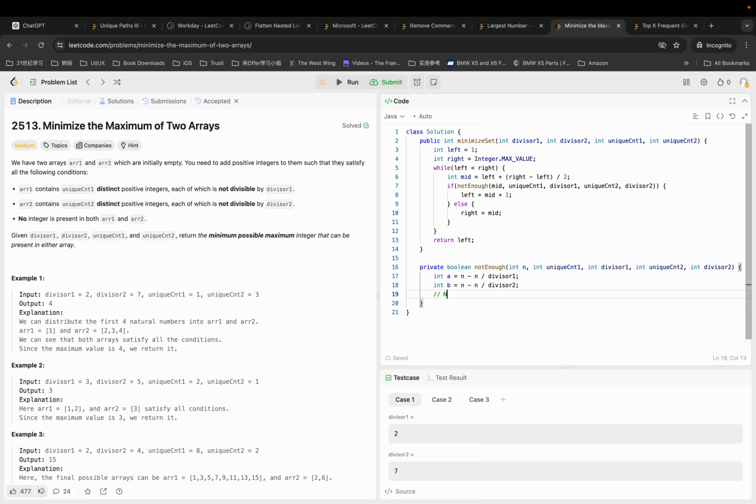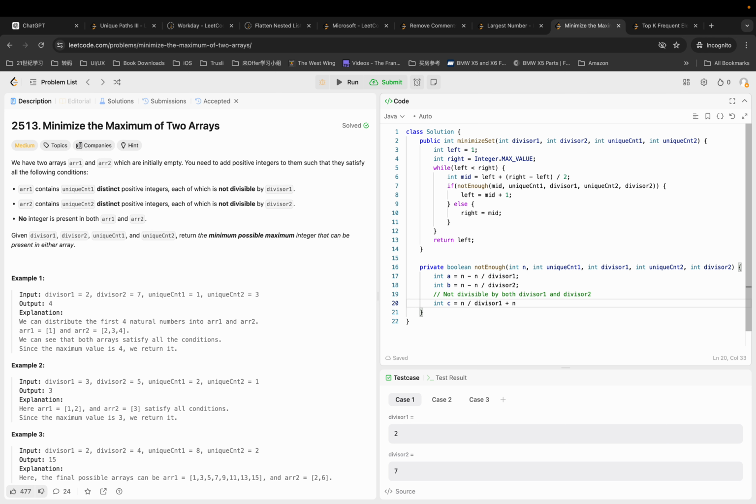Something that is not divisible by both divisor 1 and divisor 2. Okay? Therefore, we come to number C. So the number divisible by divisor 1 is this,